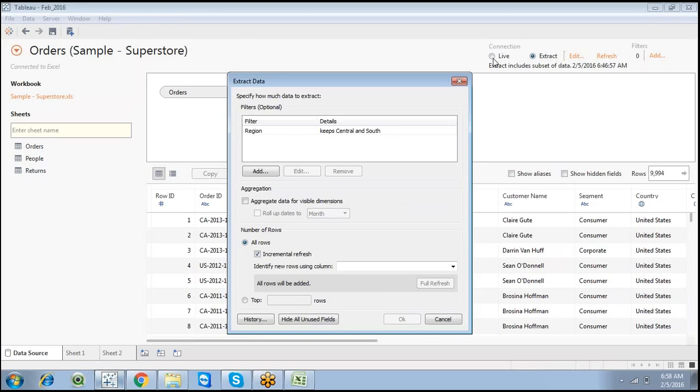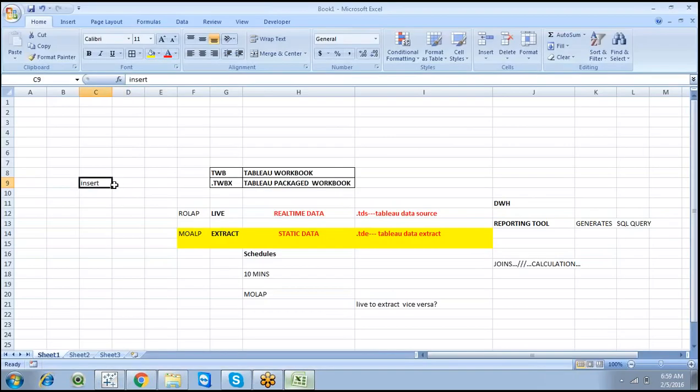If we have a new record in the backend database, it is also going to reflect within the reporting tool, because every time we are going to hit the database. But extract is something where we store a subset of data. It's static. So if you want to capture the newly loaded records, we have to go for an insertion. That is the concept of insert.